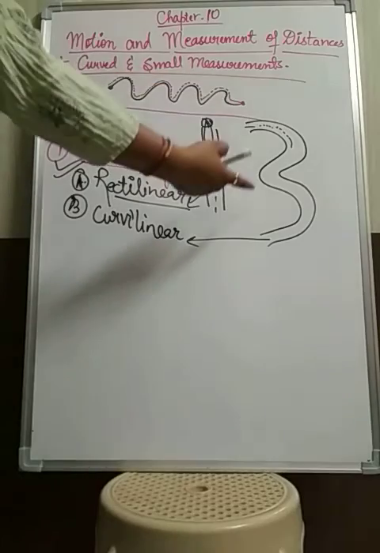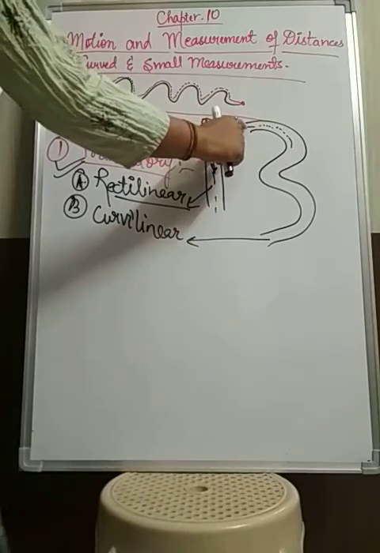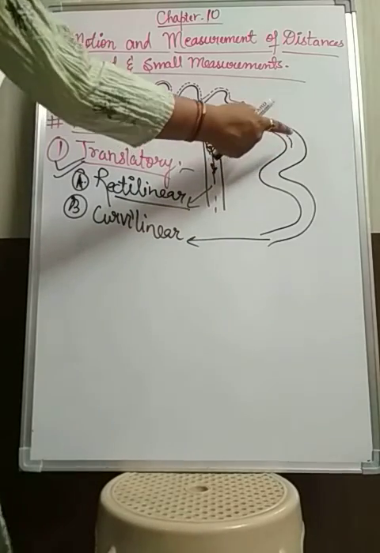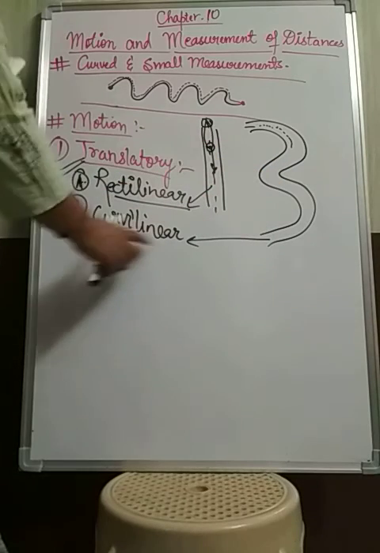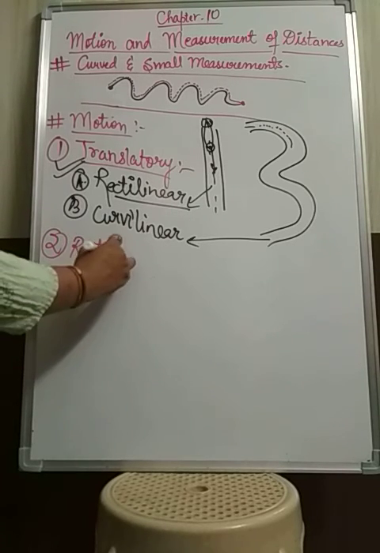Now next is curvilinear, when the body changes its position with respect to time. अभी इस टाइम पर वो ऐसे थी, बट अगेन इस टाइम पर वो कैसे हो गई, ऐसे मूव कर. ठीक है, एंड द पाथ इज अ कर्व्ड पाथ. ठीक है, कर्व्ड पाथ पे, तो दैट टाइप ऑफ मोशन इज नोन एज curvilinear motion. Fine. Now the next type of motion is rotational motion. Second is rotational motion.